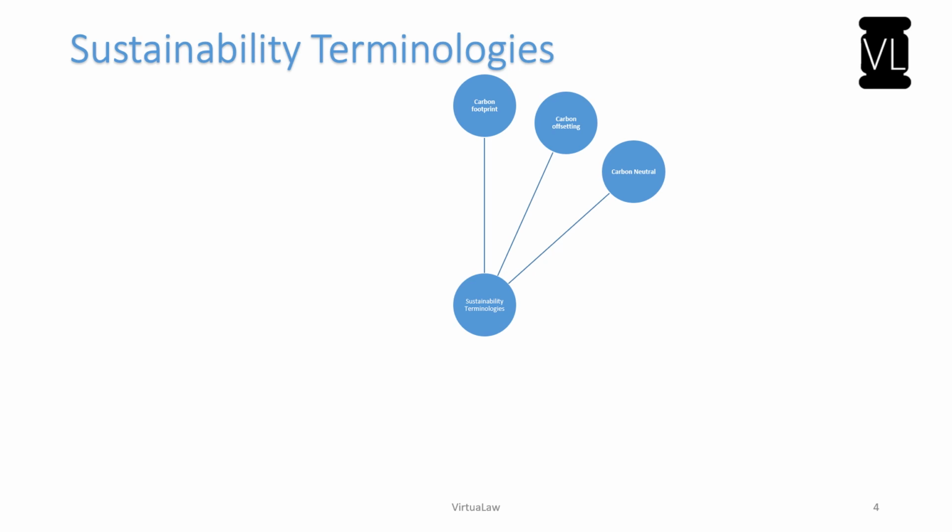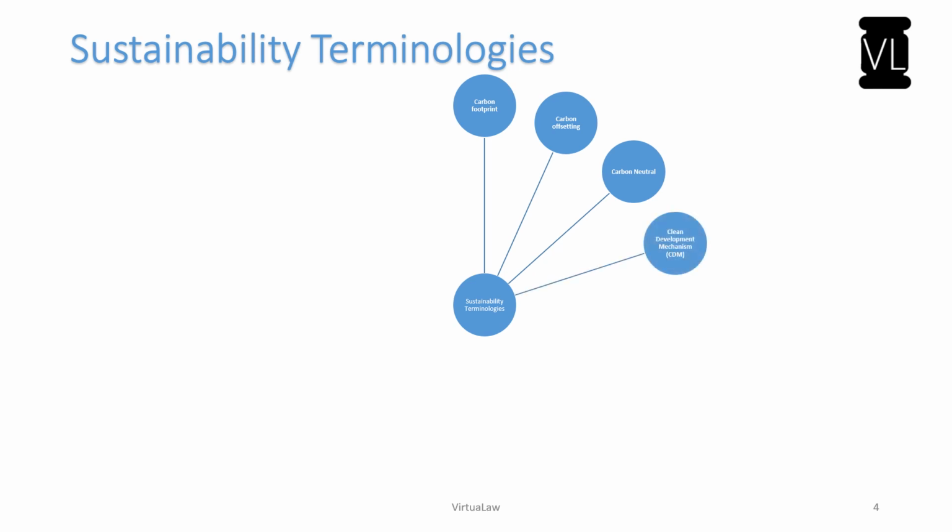Here the level which each is eligible to emit is X. So here one is eligible to emit more than that particular limit X, right? Now the second factory is not emitting carbon into the atmosphere, so that limit to which it is not emitting carbon is being utilized by the other entity, thereby making it carbon neutral. So carbon neutral is always a consequence of carbon offsetting.